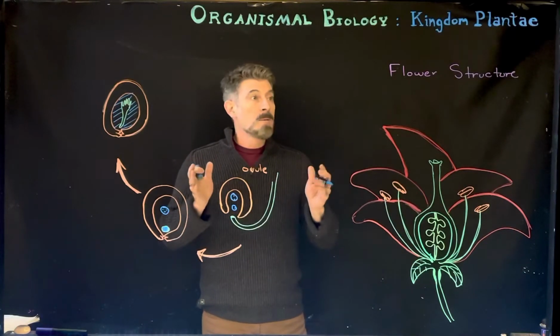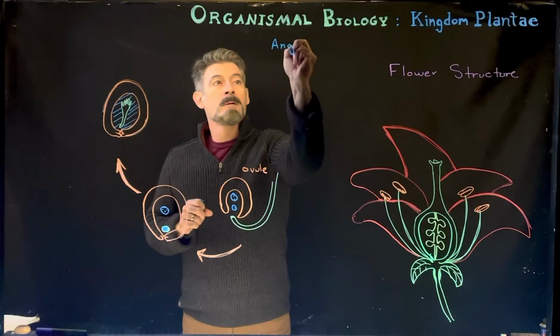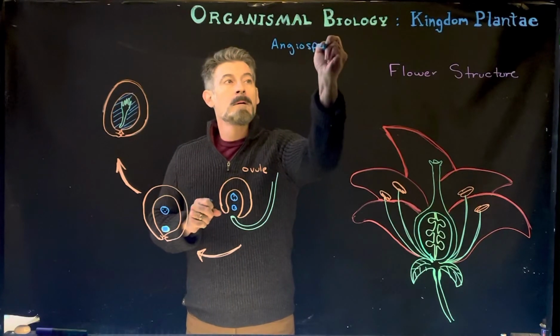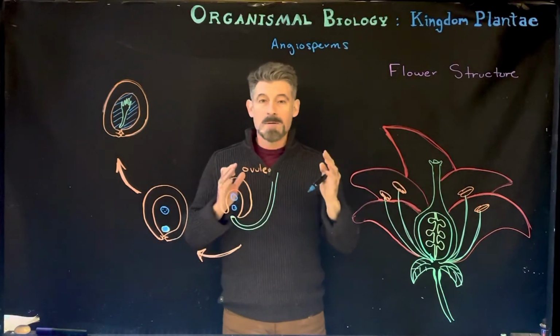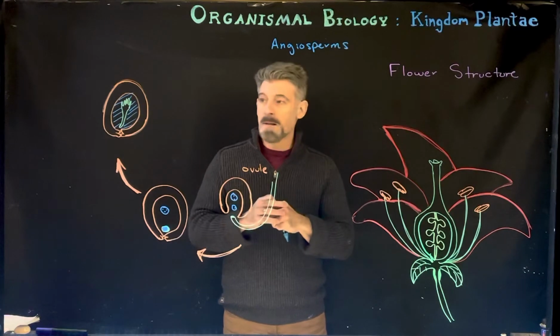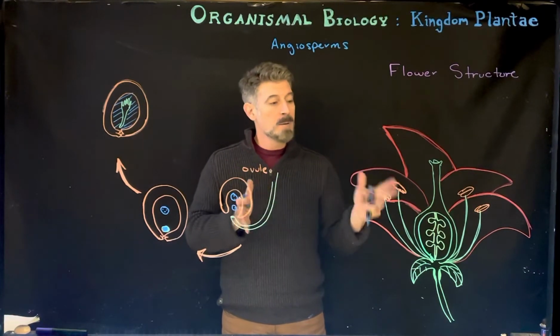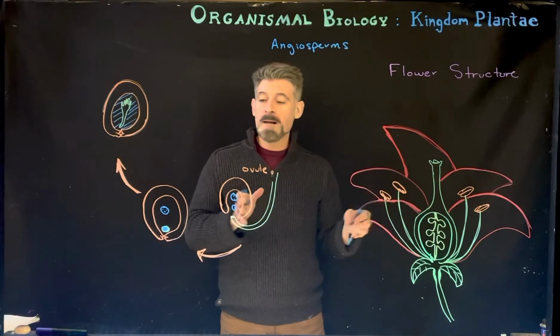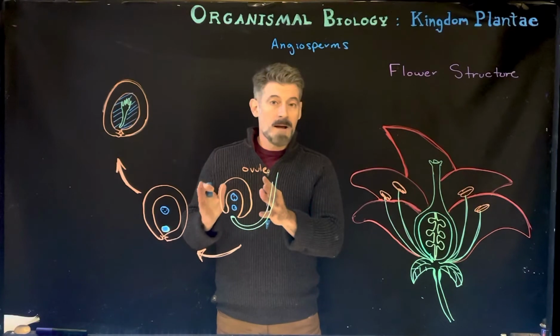We're going to continue along with the angiosperms, which are the flowering plants. We said they're also called broadleaf plants generally because of the shape and size of the leaf, and we talked a little bit about the basic leaf anatomy. Now we're going to look at the general flower anatomy